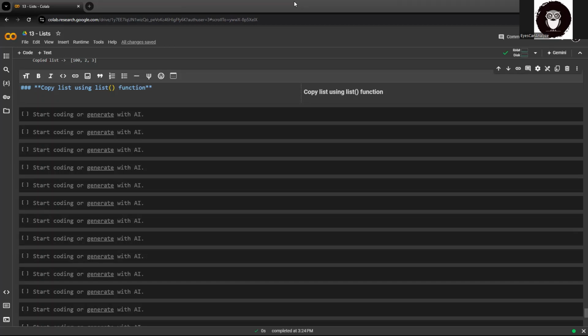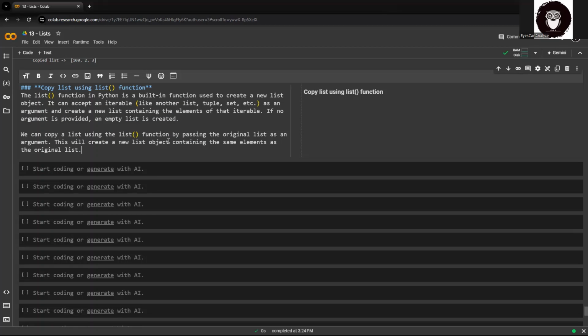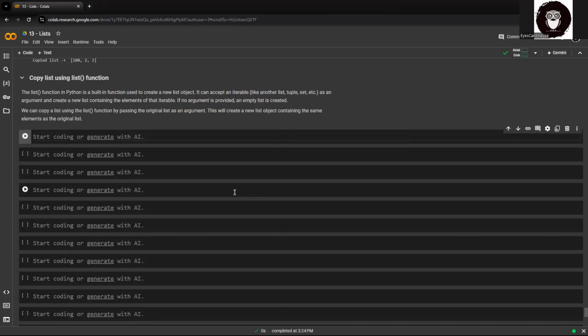Now, if you do not pass any argument, then an empty list is created. So that is not a copy exactly. Yeah. When you're trying to copy a list, you have to specify the list or the variable from which you want to copy. So we can copy a list using the list function by passing the original list as an argument. So it is very important that you pass on the original list to copy a list. This will create a new list object containing the same elements as the original object. Yeah. So let me quickly take you to an example